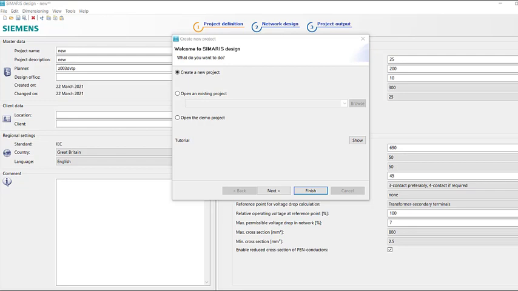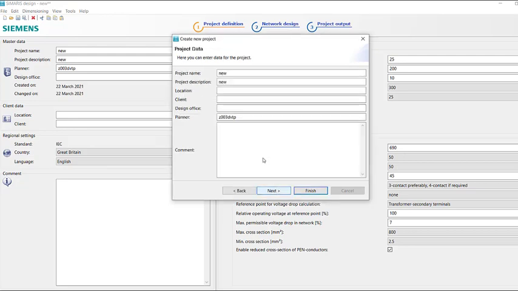This is the screen you'll see when we first open it. As you can see here, we can open an existing project if we've got one already. We can open a demo project to have a look. It's kind of like a tutorial. We're going to create a new project. So I'm going to click on next, and we can give that project a name. Say, for example,